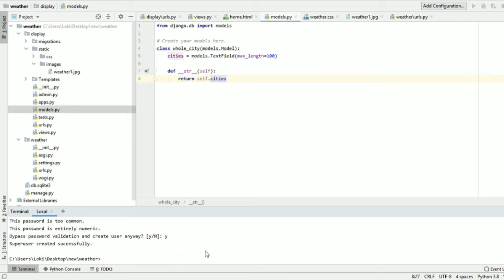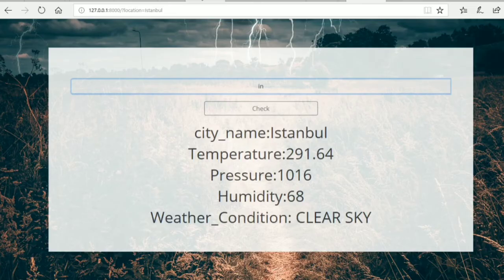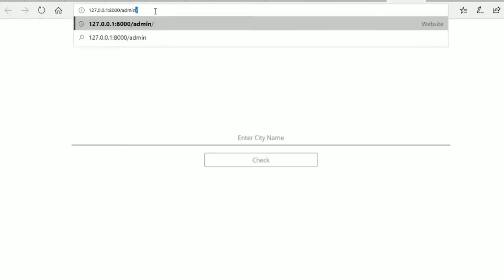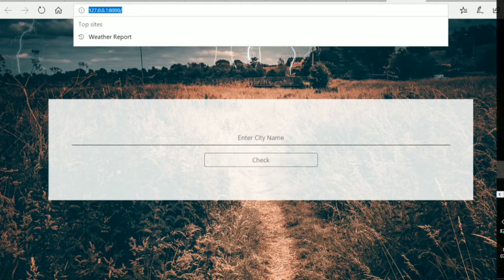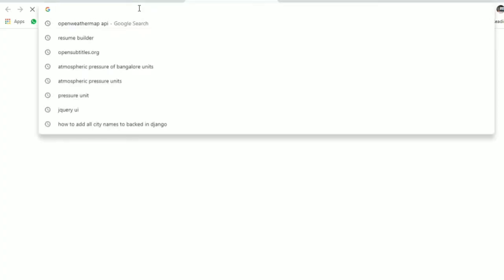Super user created. Now let me rerun the server and check whether the table is created or not. I will run the server here, copy the address and paste it in Chrome.